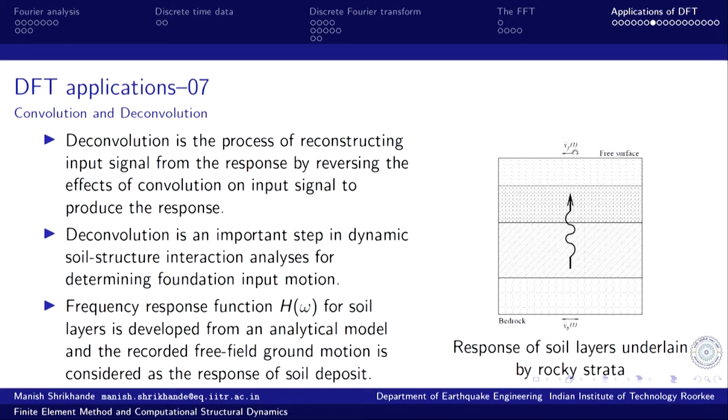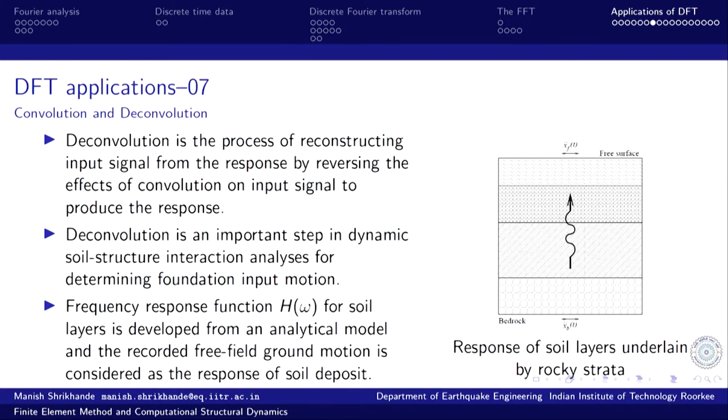So, if I apply this surface motion at the bedrock level for the excitation, that may not be correct, because it may erroneously use large amplification of certain frequencies amplified by these soil layers, and it may de-amplify certain frequencies which are not transmitted by these soil layers. So, using the free surface record as the foundation input motion is an error in input, and is not the correct input to provide.